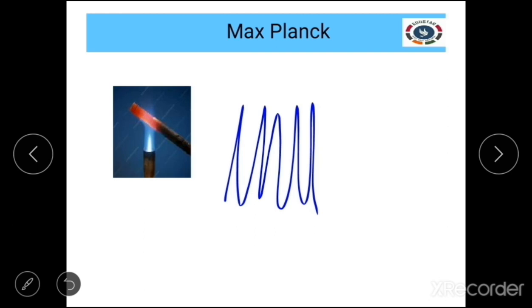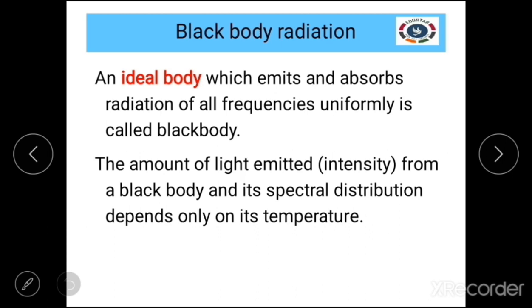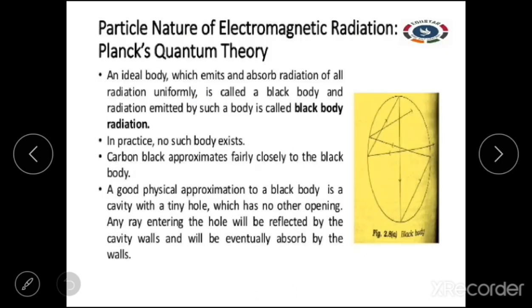Okay, the thing which moved us from classical physics to modern physics is just the proposal given by Max Planck. Max Planck was the one who gave a brilliant idea to move physics from classical physics to modern physics. He introduced the term quantum. So we are going to see how quantum got arrived. He tried to find a plot between the intensity and the wavelength for a black body spectrum.